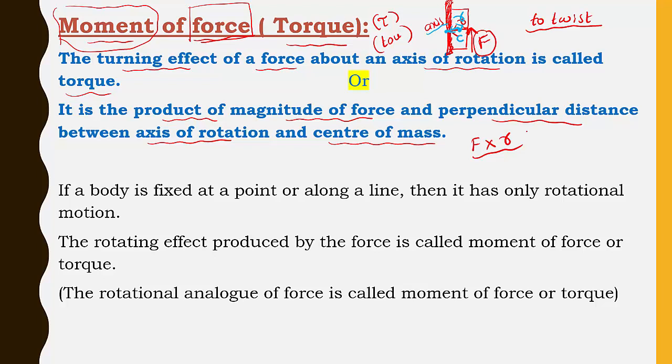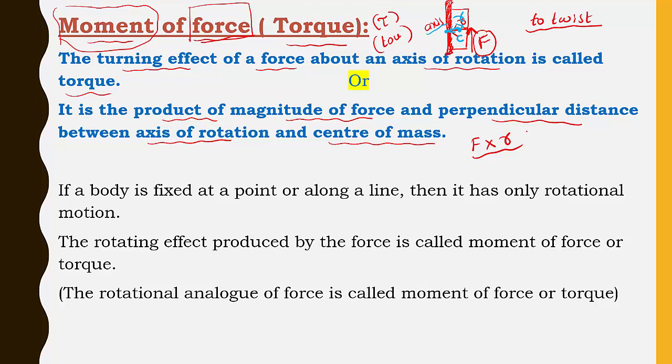When you apply force on the edge of the door, it is easy to move. If the same force is applied at the center of the door, then also it is easy to move. But when the same force is applied at the axis of rotation, will the door move? No, the door will not move. Right? So how to apply force? The force should be applied at a certain distance from the axis of rotation to the center of mass. This is the mathematical definition. You can remember both, the theoretical as well as the mathematical definition.